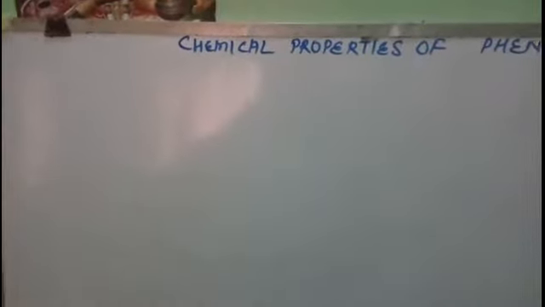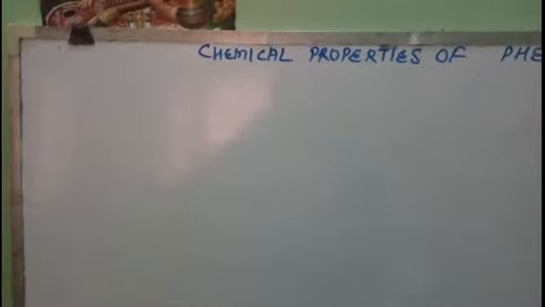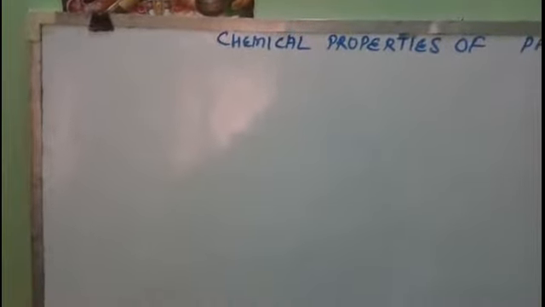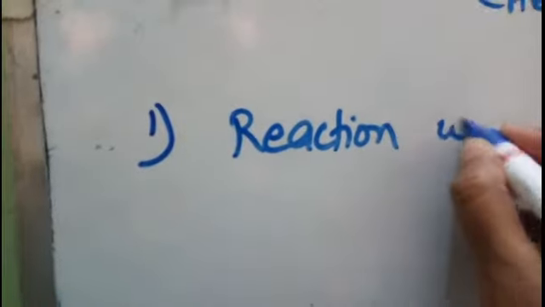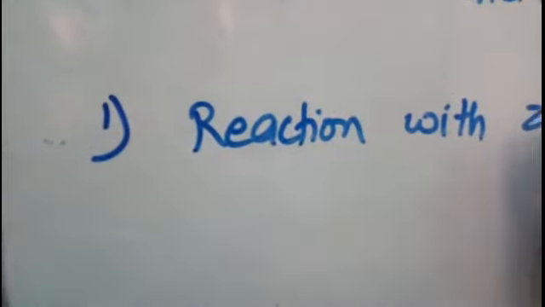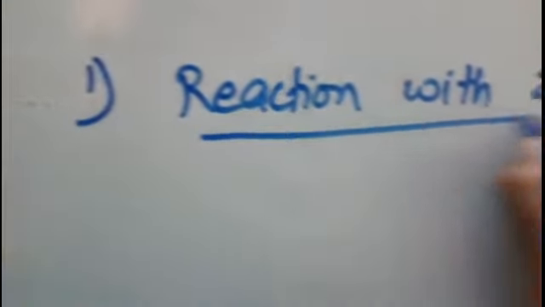Among the properties due to the phenolic group, the first property is its acidic nature, which I have already discussed. The next property is reaction with zinc dust. With sodium metal also you have studied, with alkali also I have discussed. So next with zinc dust. So when phenol,